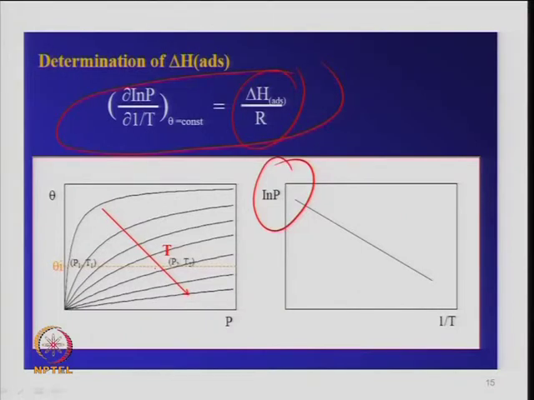So, what I mean to say is, by using the chemisorption study, you can find out the heat of chemisorption, or heat of adsorption. You can find out the effect of a chemically reactive gas as a function of pressure or temperature, which can be used for further investigation in the reactor. So, initial investigation can be done in a micro reactor and then you go to a larger reactor.